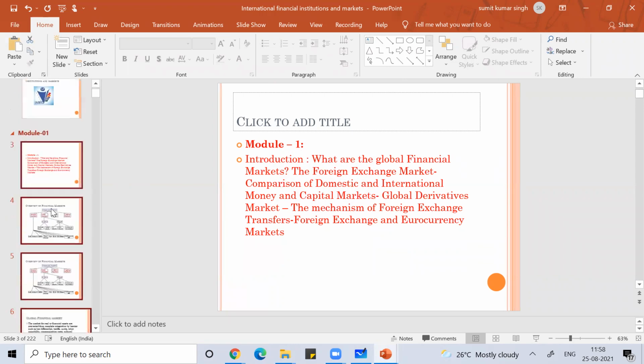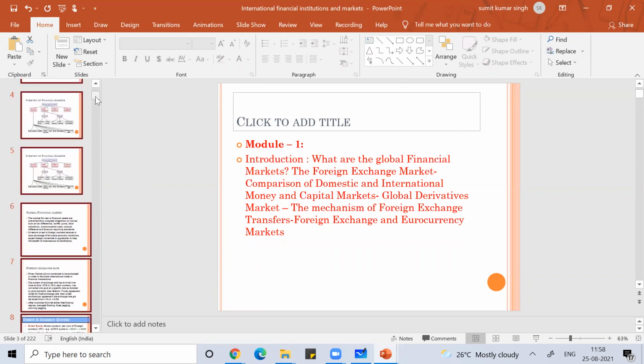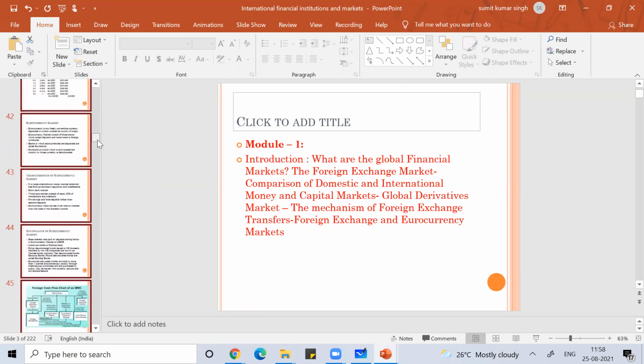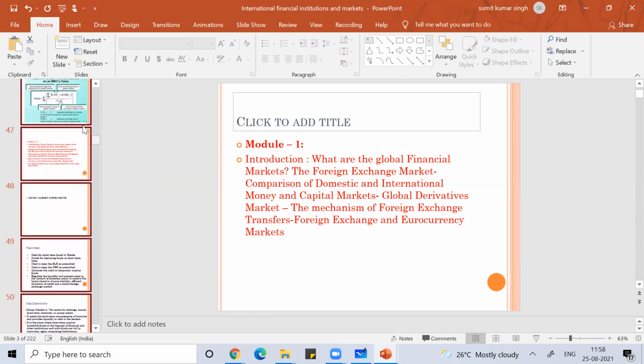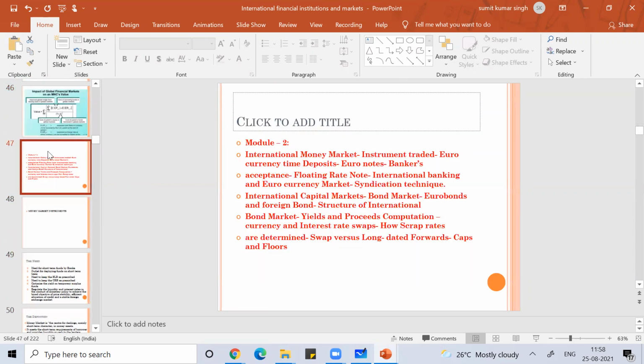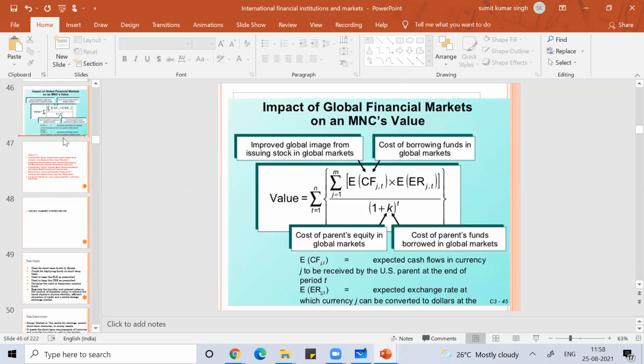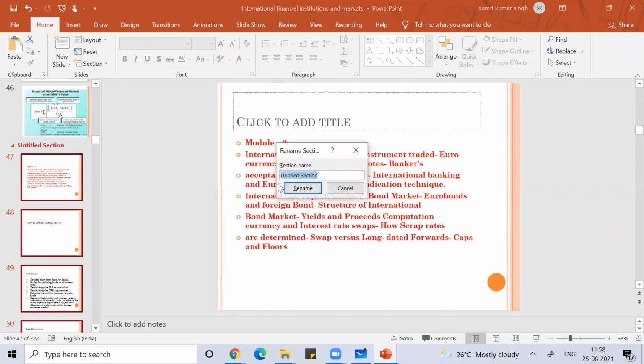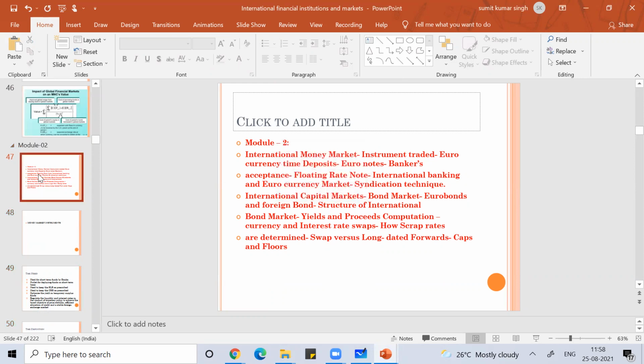Now I'll go till slide 46, then slide 47. Add section, then I'll write here Module 02, rename it. You got it right.